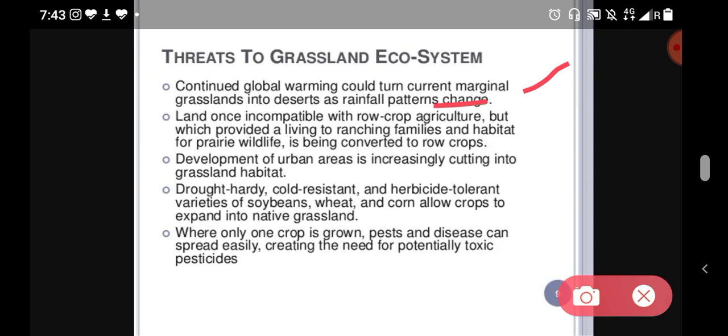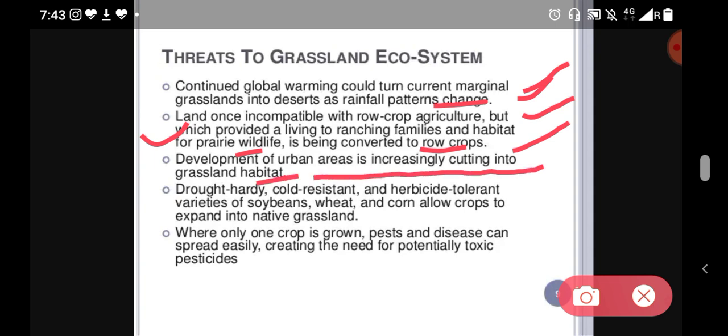Continued global warming could turn current marginal grassland into desert as rainfall patterns change. Land once incompatible with row crop agriculture, which provided a living to ranching families and habitat for prairie wildlife, is being converted to row crops. Development of urban areas is increasingly cutting into grassland habitat.